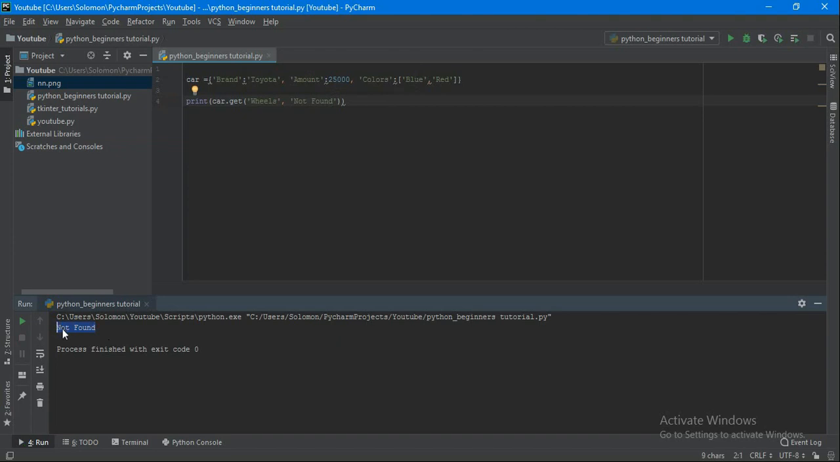So if we want to delete a specific key and its value, then we are going to be using the del keyword, which stands for delete. Maybe we wanted to delete the amount key in this dictionary. We can just say del and the car, and in there we can pop in what we want to delete. I will just say amount, and if I run this,